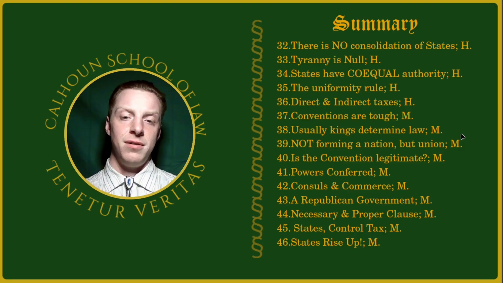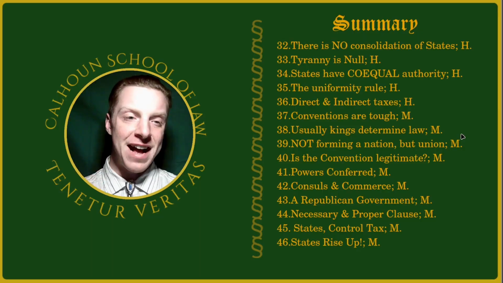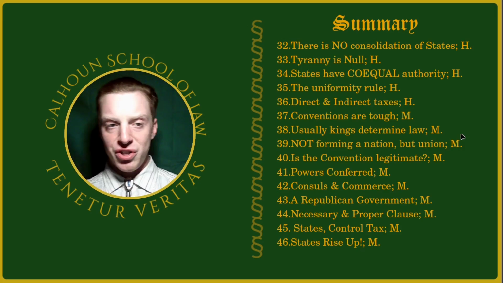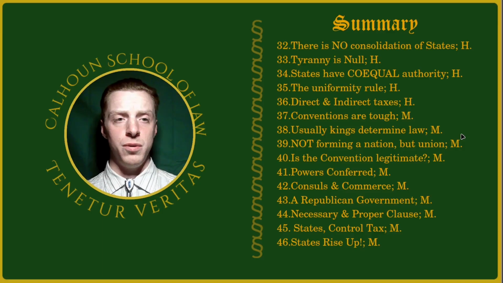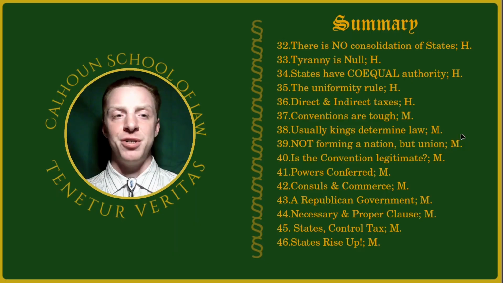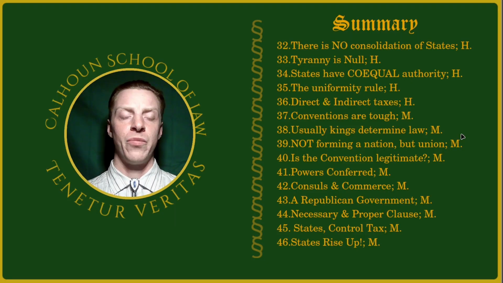Number 46. If, in fact, the federal government becomes tyrannical, here's where Madison makes it overtly clear. The states are co-equal to the federal government. They have just as much say, if not more so, in determining the constitutionality of certain acts, actions, and laws from the federal government as the federal government itself. Number 46, another one of the most incredibly important to read.